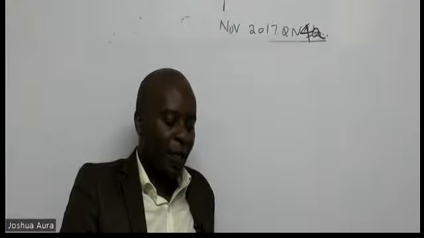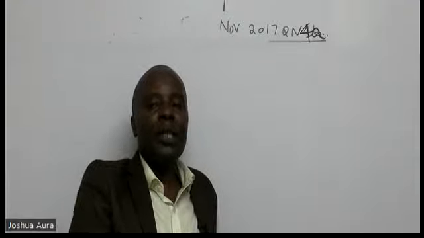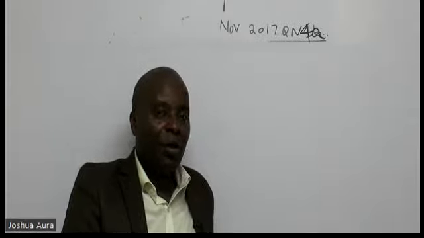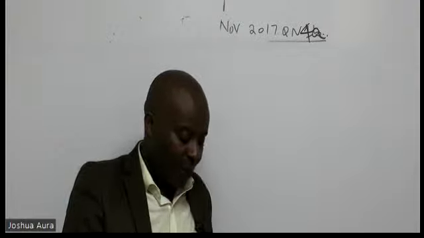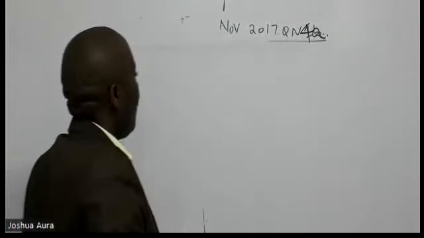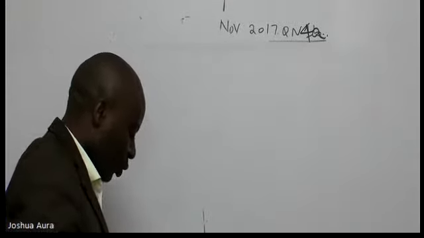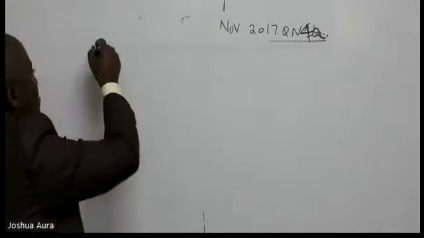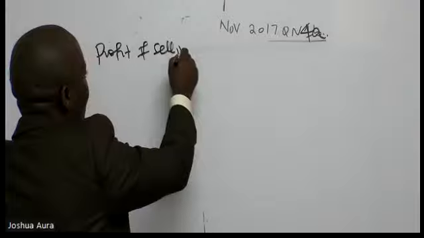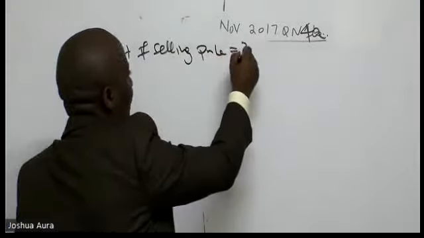This is a very fair examiner. What many students were not able to analyze very well is this variable cost, which is fluctuating depending on the units that are being produced. So I would want us to look at, if the selling price is 300, what will be the profit we shall make? So profit, if selling price equals 300,